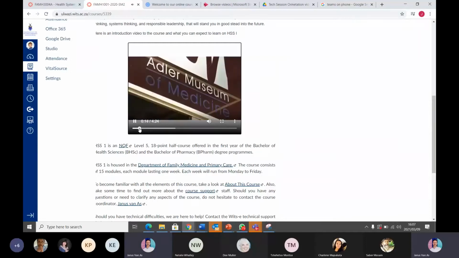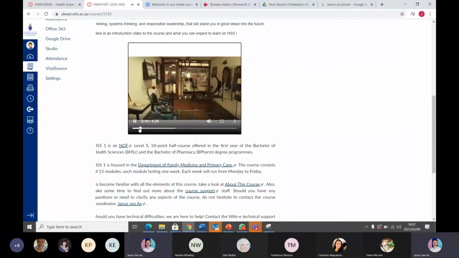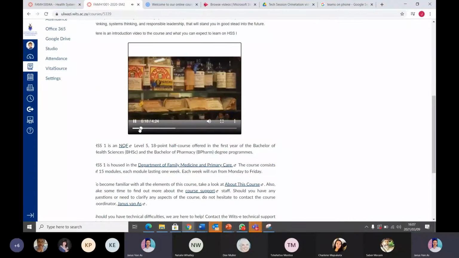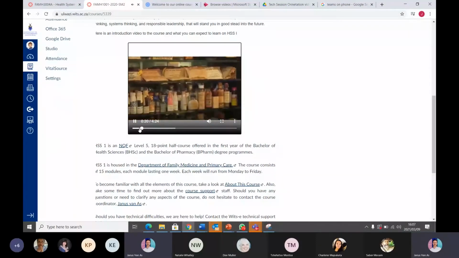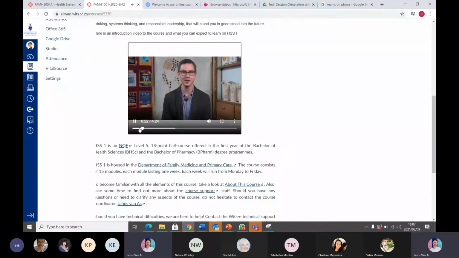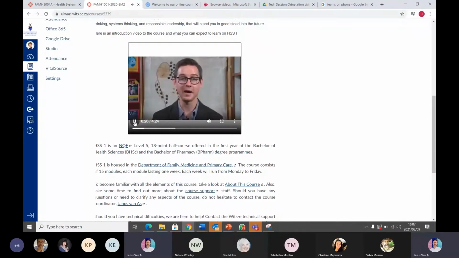I am here at the Adler Museum of Medicine at Wits Medical School. This museum is testament to the ever-changing nature of health and preserves the history of health sciences in Southern Africa. Health systems are by their very nature. Okay, so